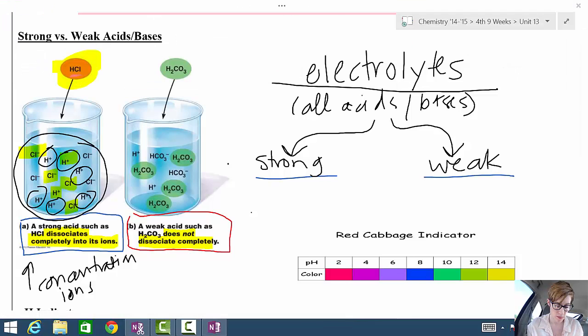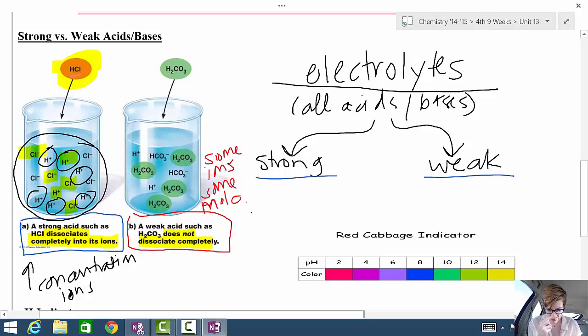So here we have some ions, okay, and then some molecules. Some ions and some molecules. And if you look here, we have fewer H+ ions in solution than we had in the strong. And that's because a lot of the H's are still with their compound. So here we have a lower